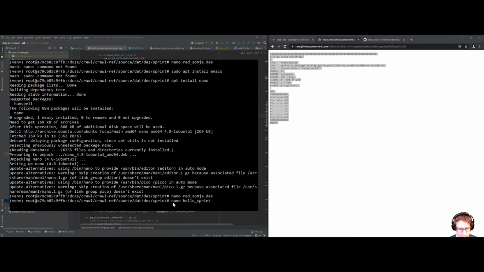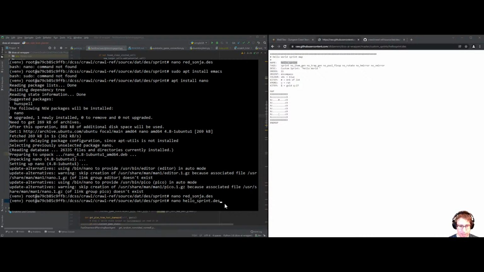Now I'm using an underscore in the middle intentionally, and you'll see the reason is the name inside the file is hello sprint. I don't know, this naming convention may be important. So just something to consider if for whatever reason you can't get it to load. So the web server isn't running, right? We've stopped the web server. We've gone into this directory,